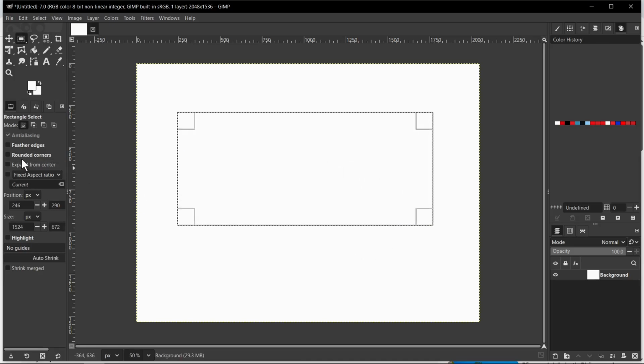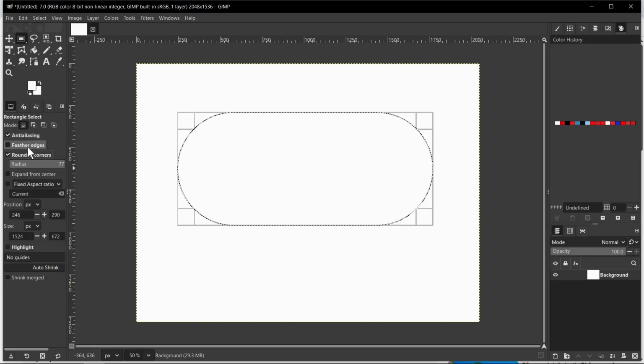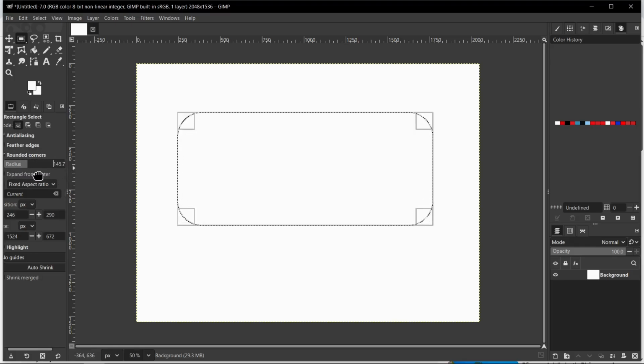Now from the left panel we need to check rounded corners option. After that, radius settings will be displayed. We can decrease this value or increase this value, everything depends on the effect that you want to get. So for example, I set here this one value, and now if I would like to change color of this